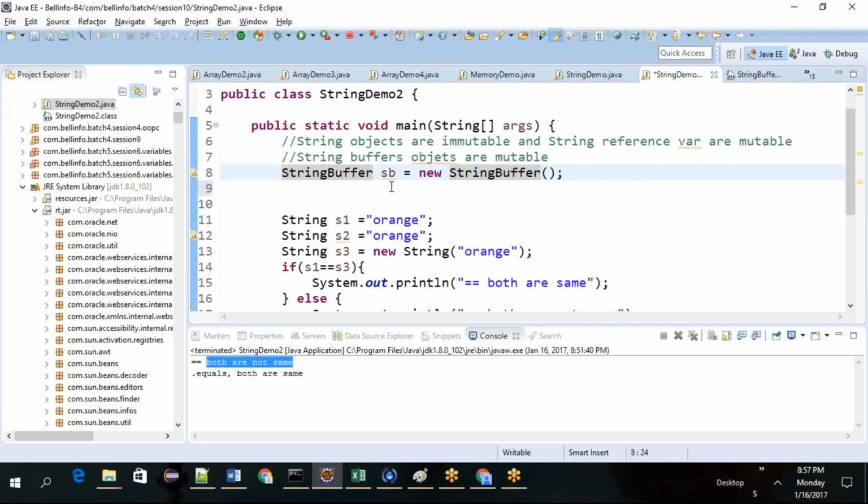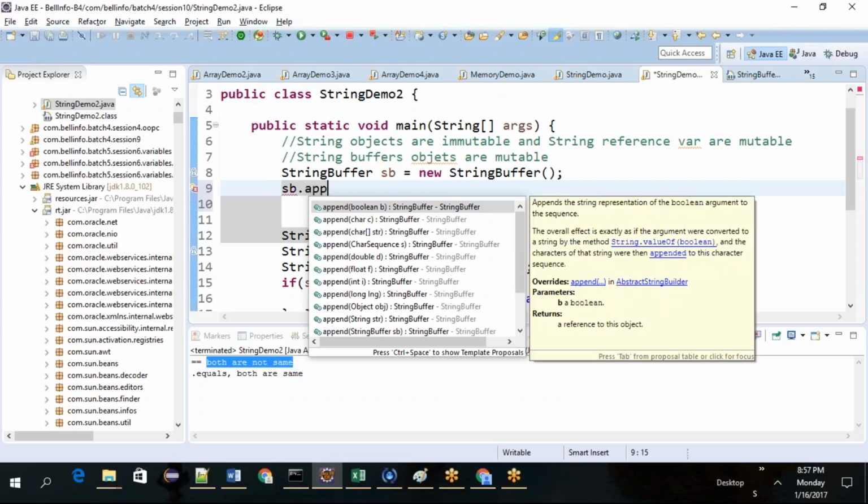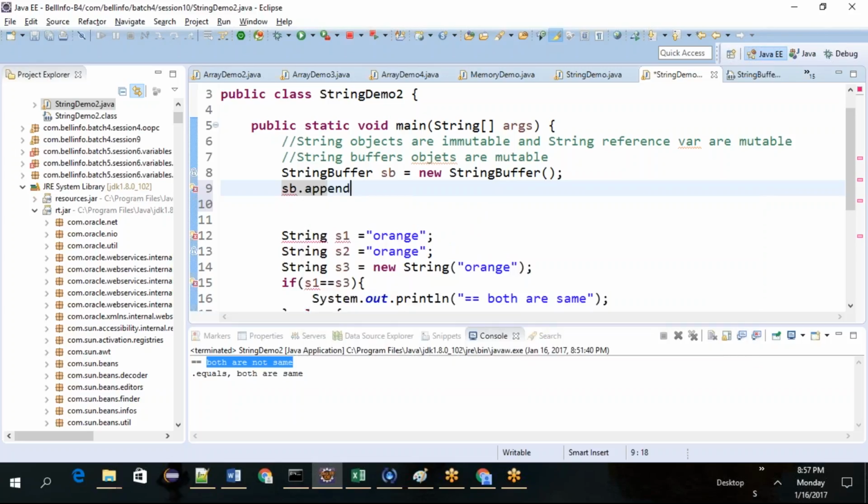All you need to do is create a StringBuffer reference variable, sb dot append. If you go to append, it will show what functionality it provides. In our case I want to add another string into this buffer, right? It will explain what exactly this method does. Going forward, day to day, you need to learn this approach: how can I use this method, and what is the use of this method?